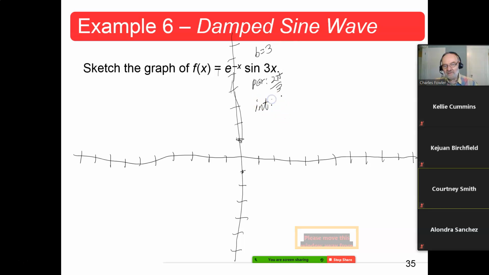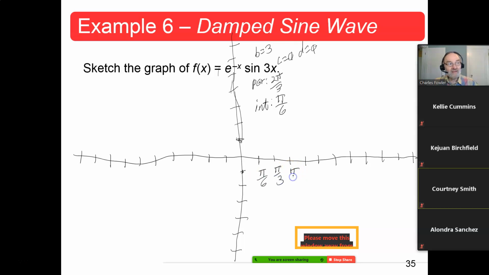If you divide this by 4, 2 will go into 4 twice, and 2 times 3, so this will be pi over 6. Your phase shift is 0, and the d is 0 too. Okay, so this is going to be pi over 6, pi over 3,